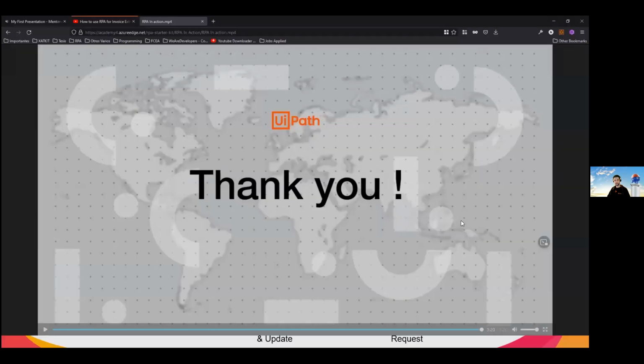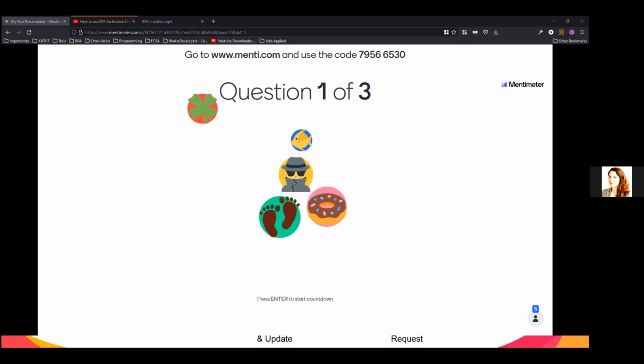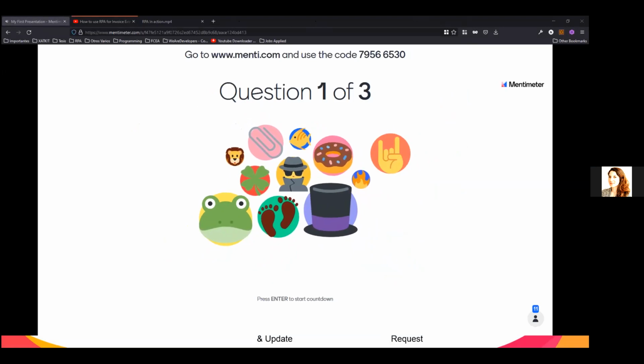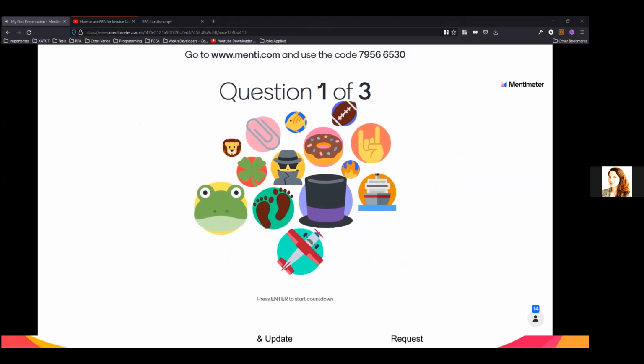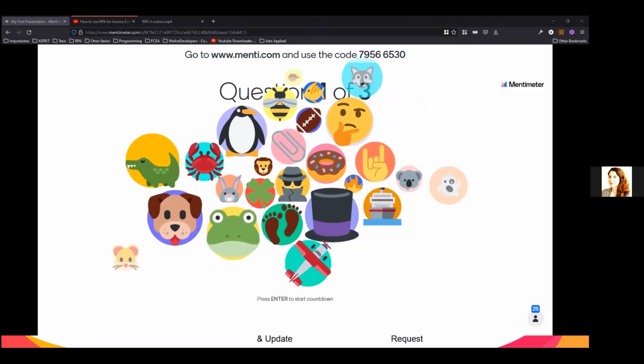So we have now, I think Christina was going to paste the link, but if not, I can paste it. I will share the link, Nicholas. So you have, okay, guys, go to menti.com. This is the link. I gave it in chat now. And we will wait for you to join. The code to join is 79566530. This is the code. So just copy paste them from chat and go to Menti.